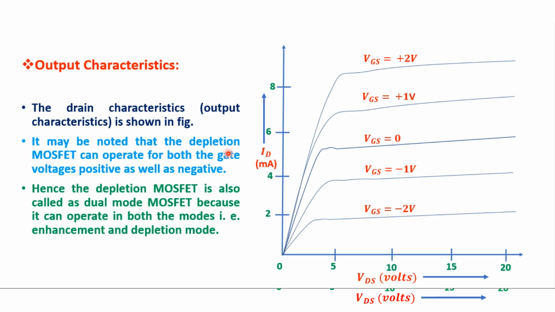So already we have studied the static drain characteristics, where we discussed that if you keep the gate to source voltage equal to 0, then we have to short the gate to the source, and the drain D will be at a positive potential with respect to the source. So majority charge carriers in the N channel will flow from source to the drain through that N channel, and the conventional current flows through the channel from drain to source.